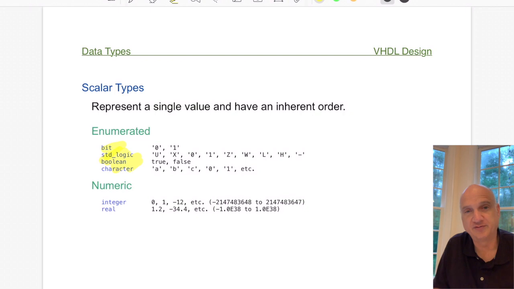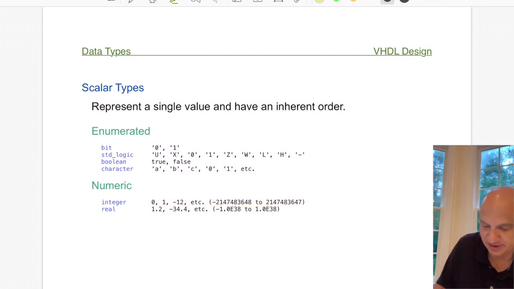But we also have numeric types, and these are integer and real. Now, integer is basically any integer number that's positive or negative, including 0, 1, minus 12, etc. So you have a wide range of integer values that you can use in VHDL, and that can be very helpful in certain designs. The real representation here is provided for real numbers, and you have to be very careful